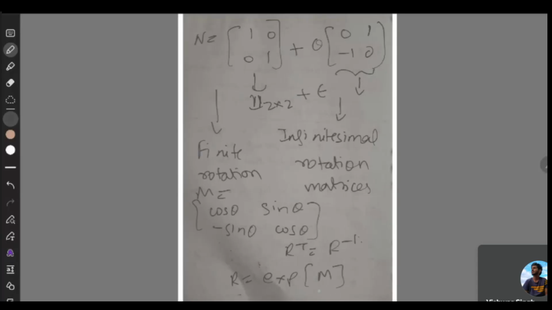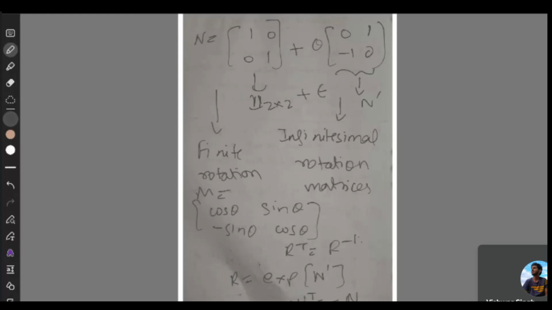Then you can show that this matrix, which belongs to the Lie algebra, let's call this a new matrix N prime. This N prime must be an antisymmetric matrix. This you can show, and we will do this in detail. A 2 by 2 antisymmetric matrix just has 1 degree of freedom. If you fix that one off-diagonal element, the entire matrix is fixed completely. So only one generator is there. We'll make all these things precise, but roughly